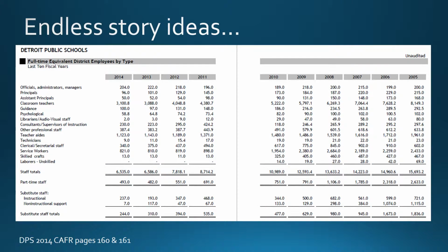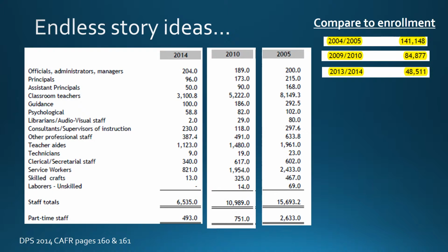There really are endless story ideas in these comprehensive annual financial reports. Here's a document in the DPS CAFR that lays out the number of employees per position over a 10-year period across the entire district. And a couple numbers really stood out at me. If we zero in on that chart and take a look at the number of librarians,